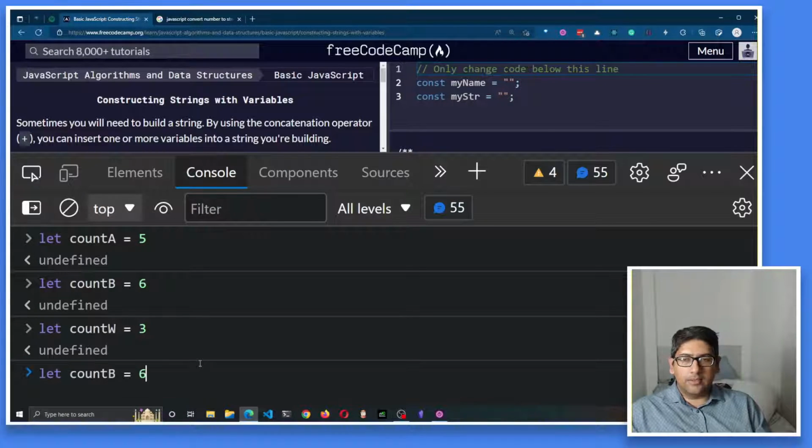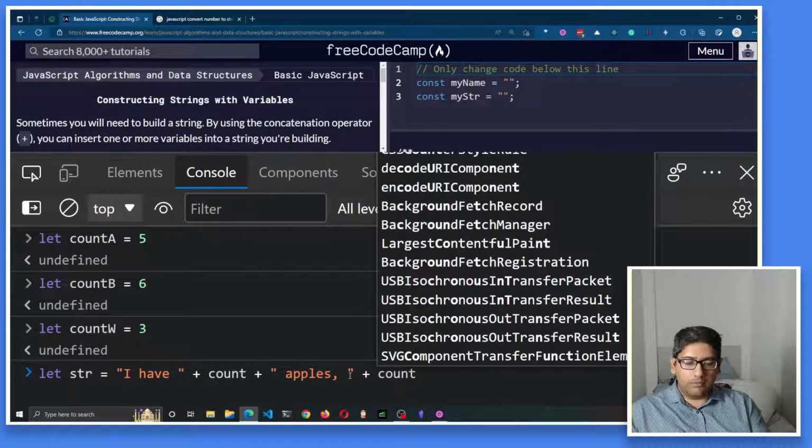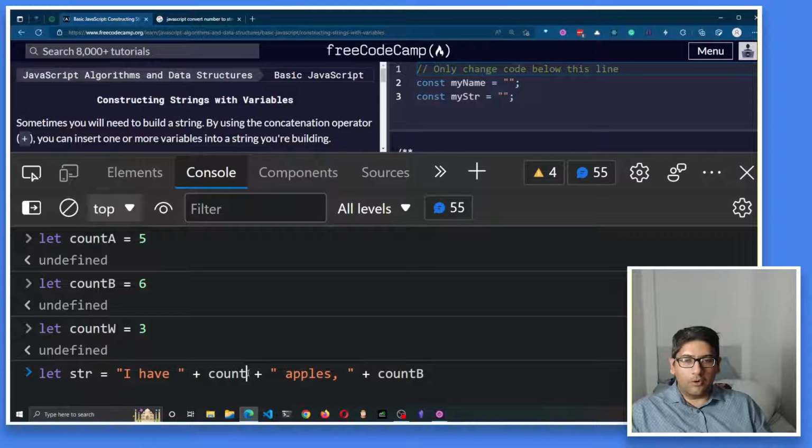Now we take this str: I have this many apples, comma, space, plus count A. This is count A for apples. This is count B for this one, plus